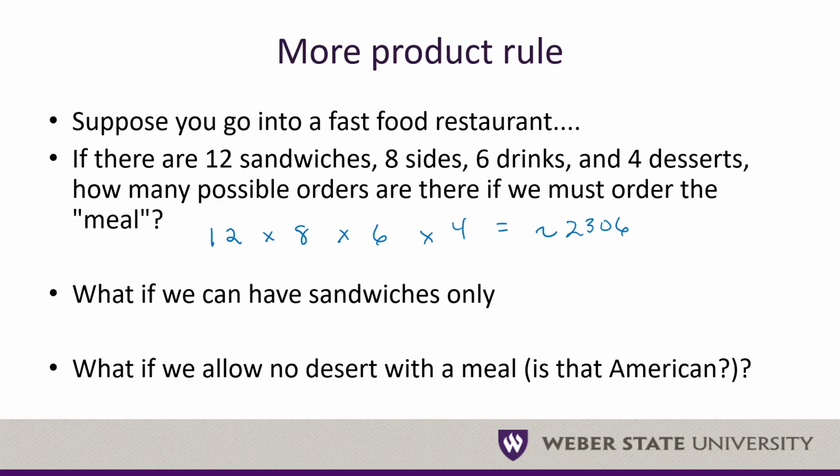If I just add the option to have a sandwich alone, does that alter the number of ways that we can order a meal? Yes, I'd like the meal with large fries, but if I allow you to have the sandwich alone, how can I get that in here? Is it another multiplication thing? No. If I can have a sandwich by itself, that just means that now I've got